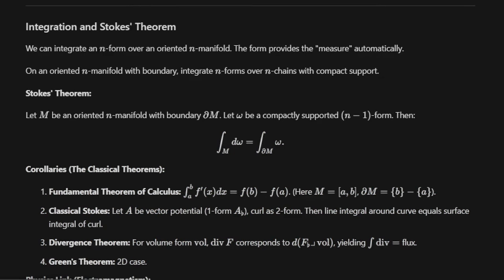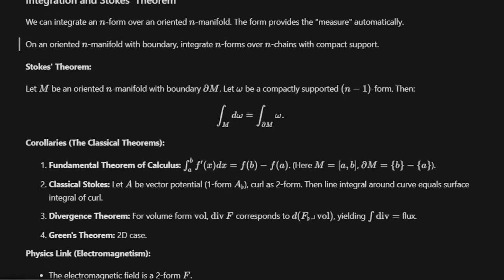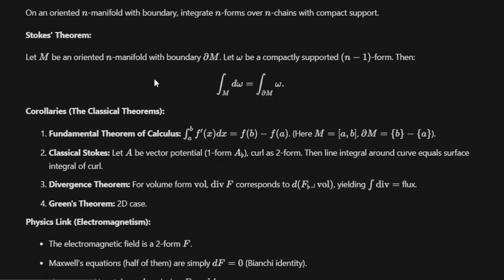And so when we go through Stokes' theorem, we can basically just grand unify calculus because the forms transform correctly, and we can write down basically the most important theorem in integration theory. So we would say let M be an n manifold with boundary, and let omega be a compactly supported n-1 form. Then if we integrate the n-1 form over the boundary, that is equivalent to integrating throughout the volume the exterior derivative of the form. Okay,